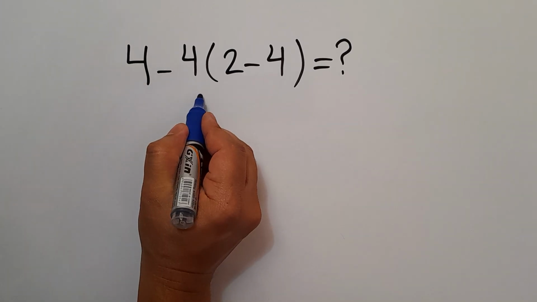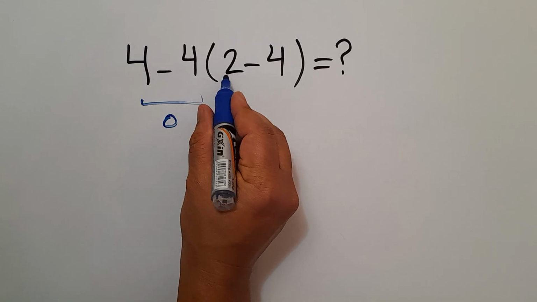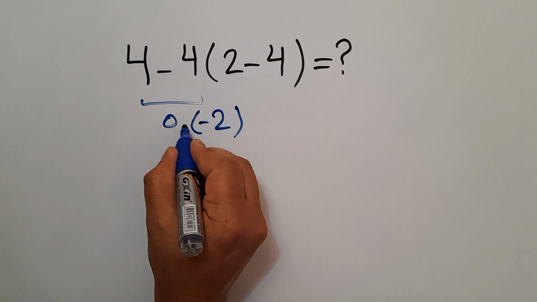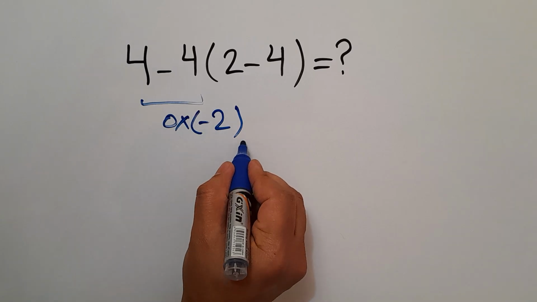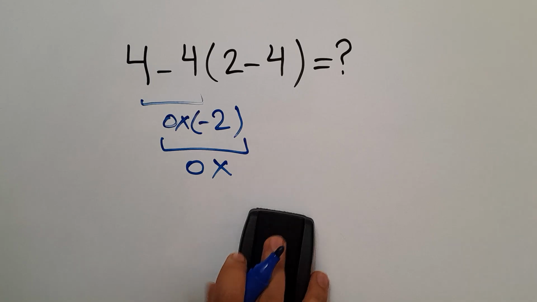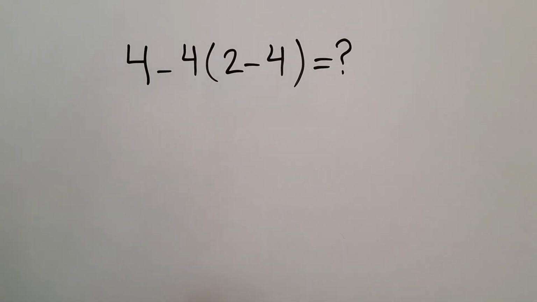4 minus 4 equals 0. And 0 times 2 minus 4 gives us negative 2. So 0 times negative 2 equals 0. But this answer is not correct, because according to the order of operations, which is PEMDAS,